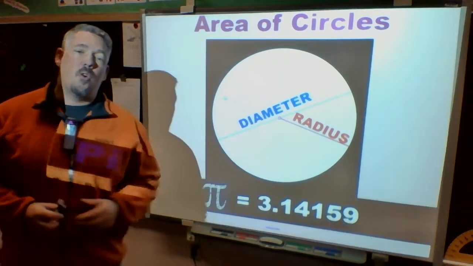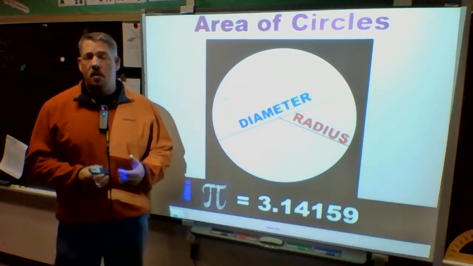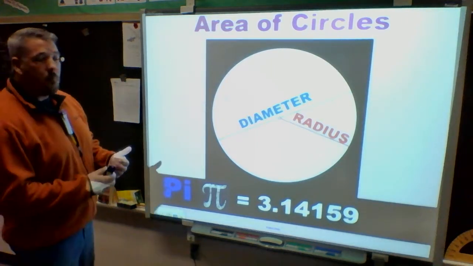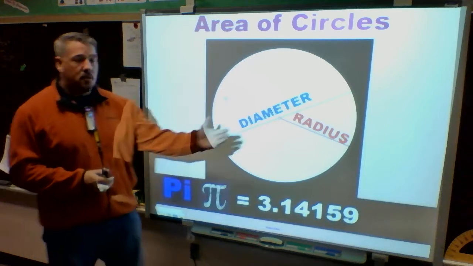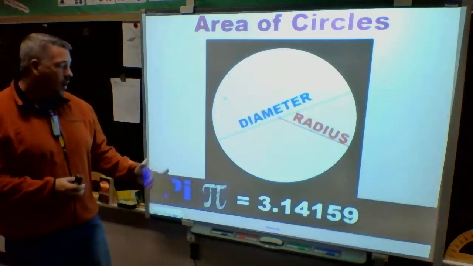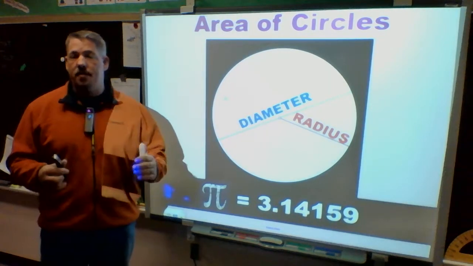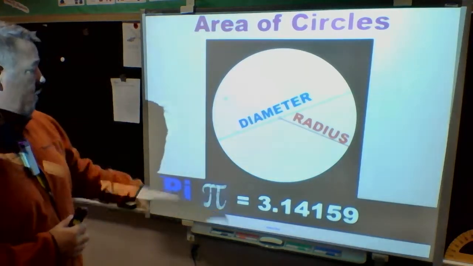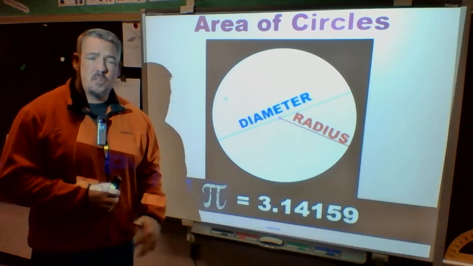So we're going to continue on with our circle work. In this lesson, we're going to look at how we find the area of a circle. The information we have to know is basically the radius and what pi is. And pi, once again, as we've said on the previous video multiple times, is something we've got to learn to the 5 significant digits, which is